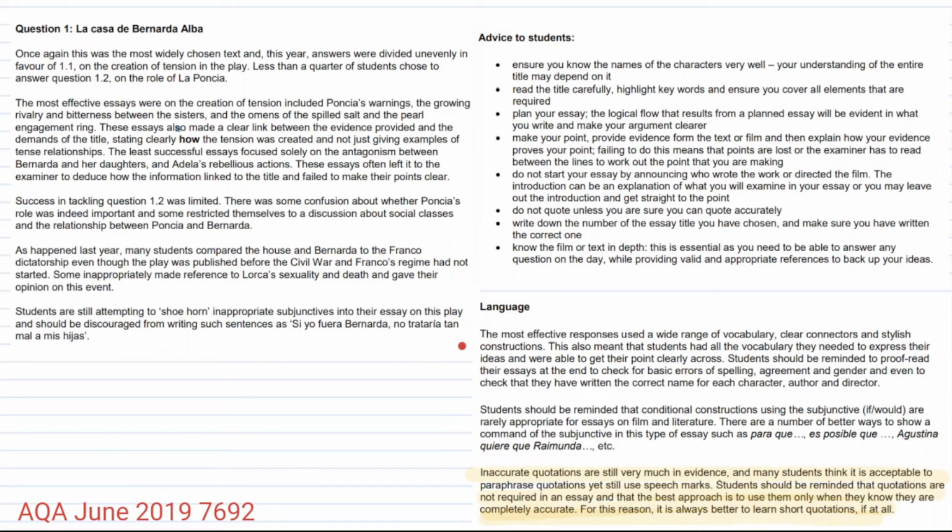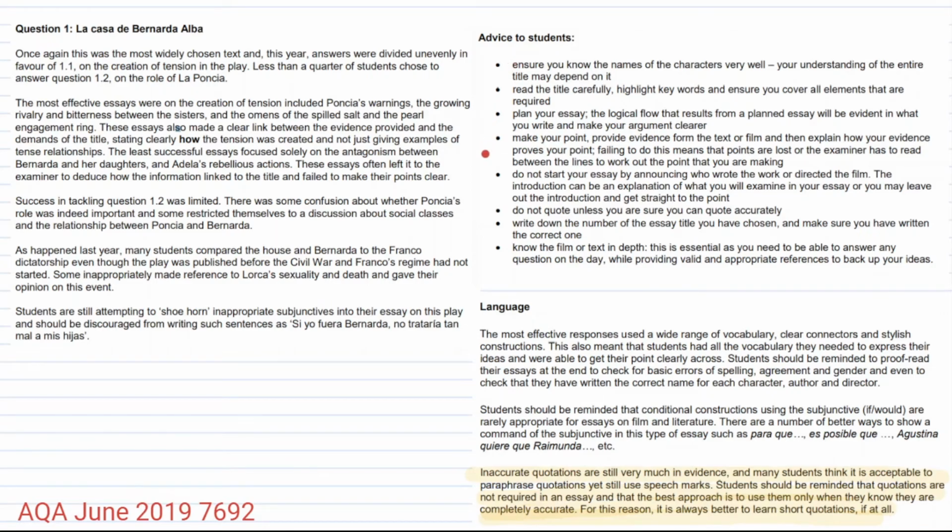In 2019, examiners said again that students made inappropriate comments about the author and context at the time, which did not link to their essay. And again, don't shoehorn in complex phrases if they don't make sense. Year on year, people seem to make the same overall mistakes, so learn from past students and don't do these things. For more general advice to students, it says ensure you know the text inside and out, and know the names of each